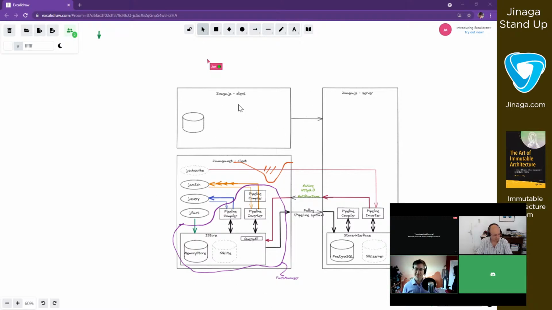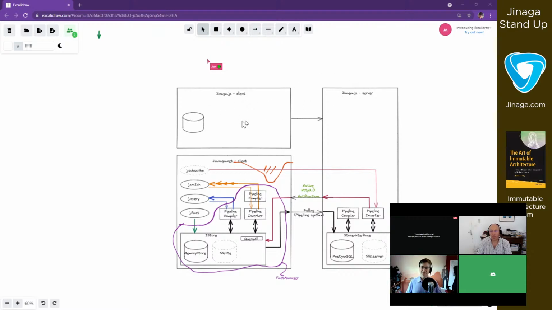So yeah, we've got the Janaga.js client, and that is a project that I started it might have been about 7 years ago now, but it really reached the level where you could use it in a production system probably about 3 years ago.